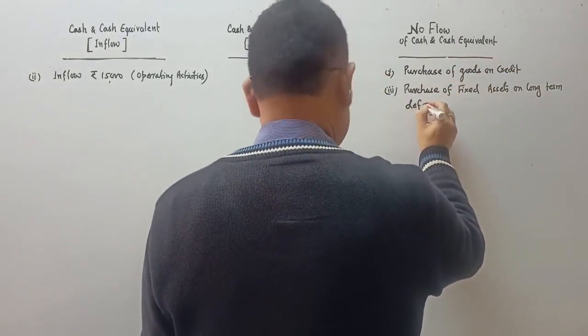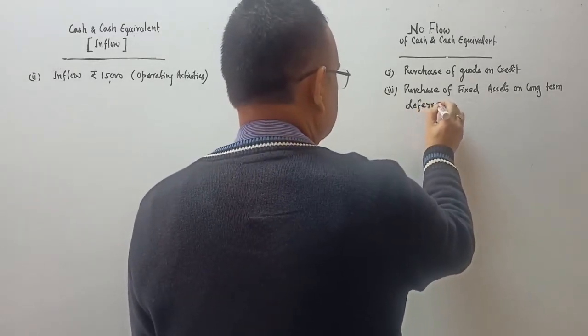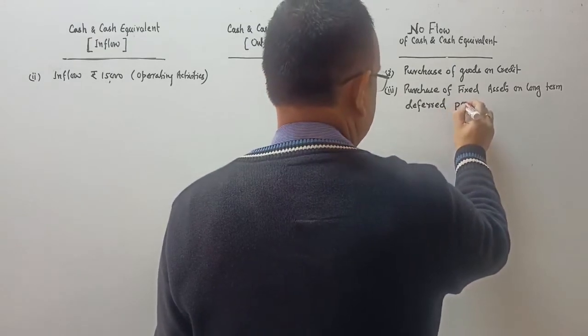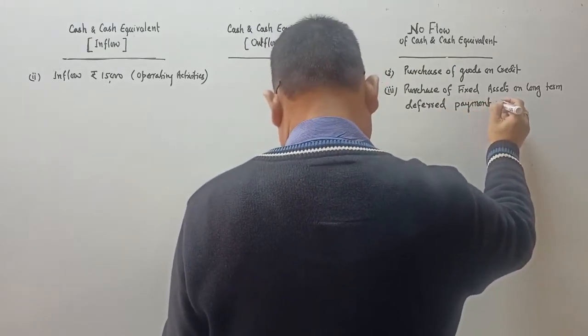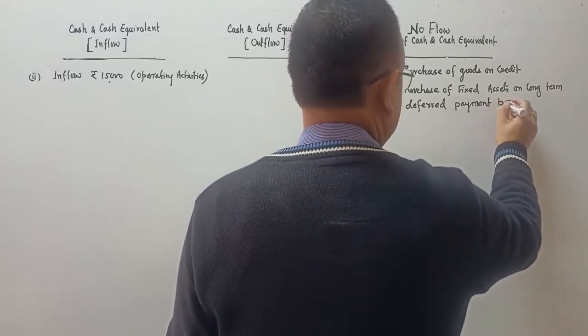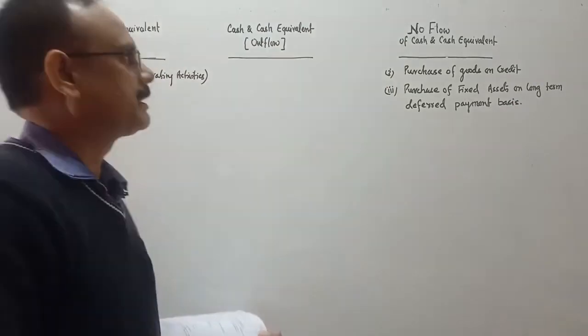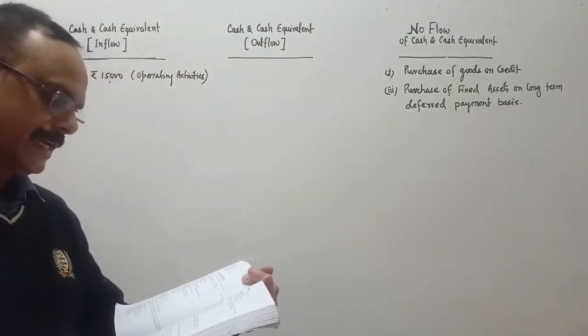It means payment is not done. So if the payment is not done, there is no outflow of cash. Payment system is what? It's a deferred payment basis. So this comes under no flow of cash and cash equivalent, because both sides are